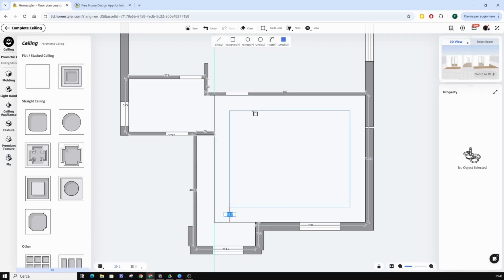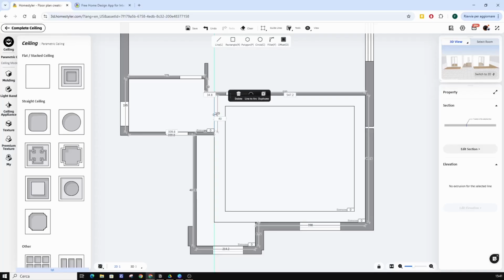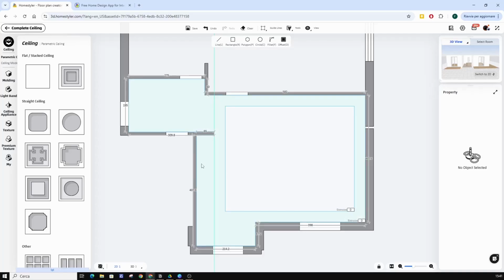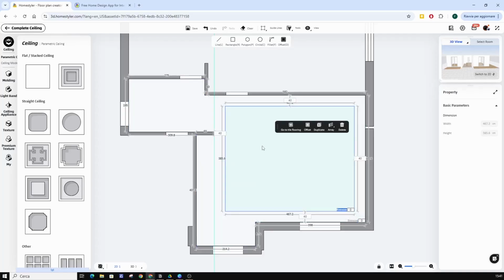We enter a value and we have created distinct areas. These we can also delete. We select the line and use the Cancel key. And so we have this external area and this internal area.